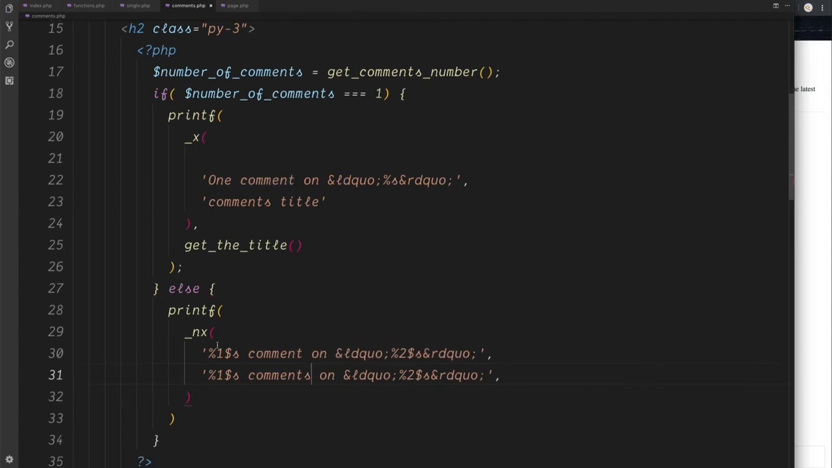So starting with the first line, let's explain what's going on here. This first line, or this first parameter of our nx function, is the singular string of text. The second line is the plural version of the same text, i.e. with the S on the end of comments. These strings also have the left and the right double quotations on the outside of here, with our variables placed